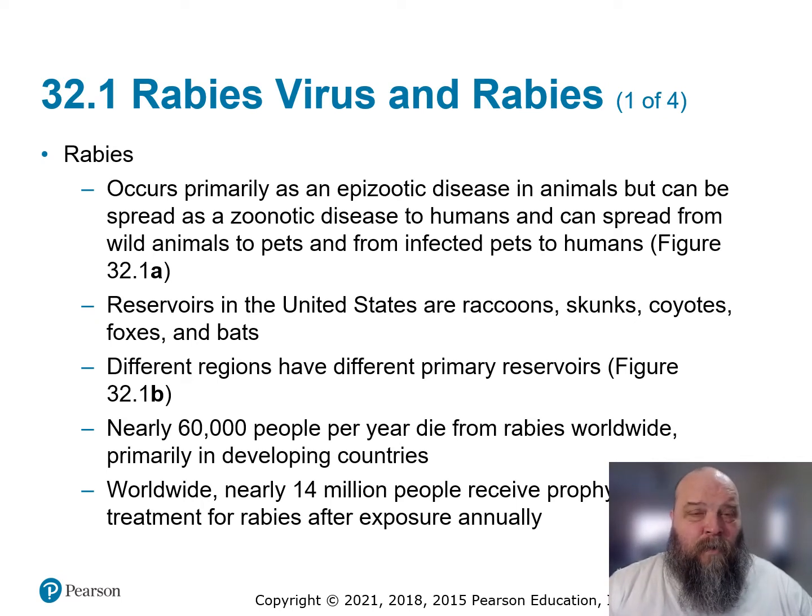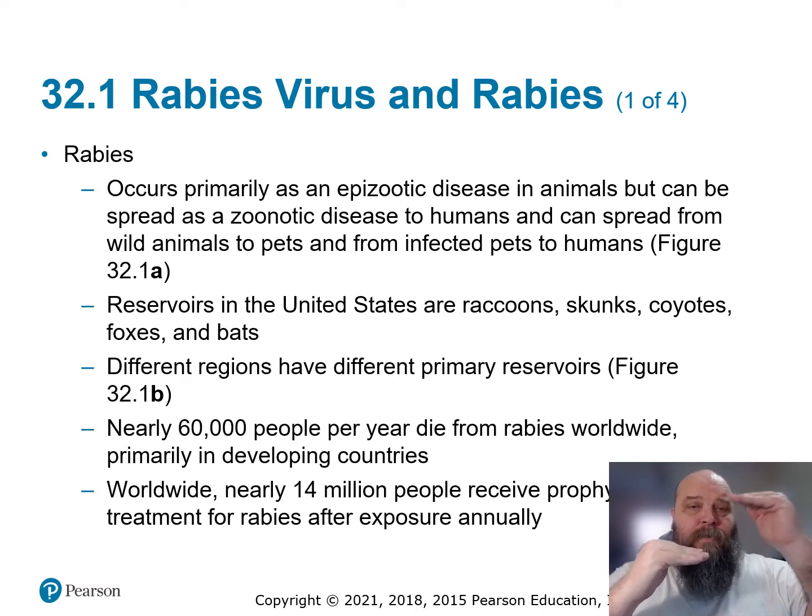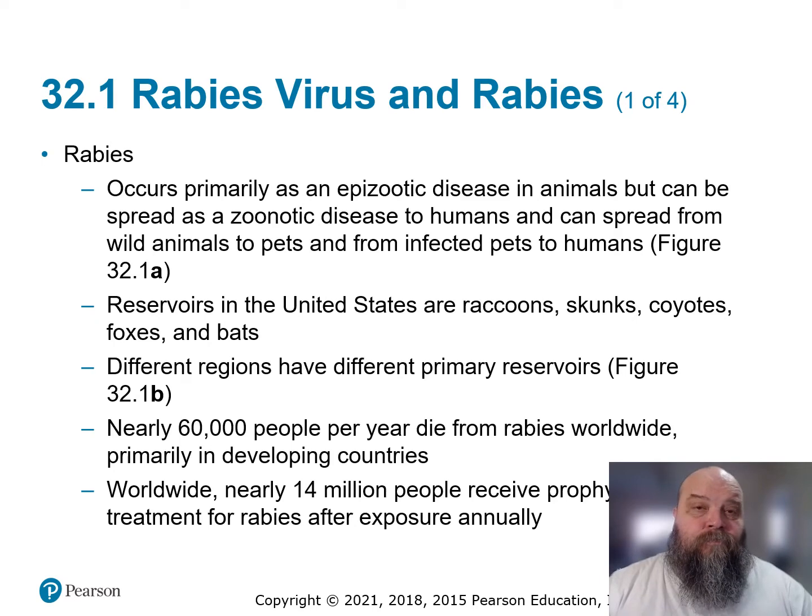It takes about 3 to 4 weeks for you to mount an immune response to the vaccine. So they give you the vaccine, you start mounting an immune response while your rabies slowly progresses. Well, boom, you now have a really healthy response that attacks, beats down, gets rid of the rabies before you actually even start showing symptoms.